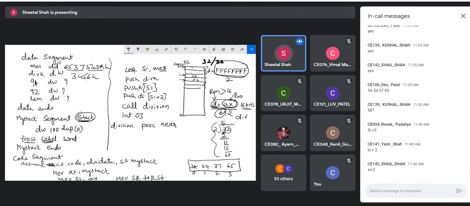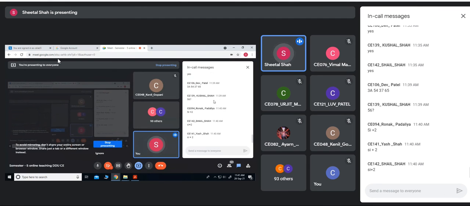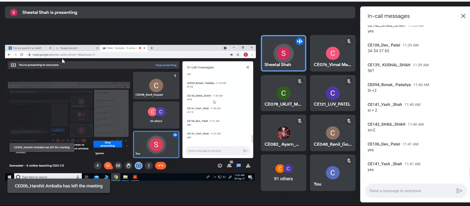The rest of the thing, because the time is up and sir is waiting, I'll write down this code. The rest of the thing we'll see in the next lecture. Hope how to declare the stack segment, how to initialize SS registers, etc., you all are clear with these things? Okay. So in the next class, we'll see the remaining part of this program, or we'll execute this program, and we'll see the example of a FAR procedure, how to write a FAR procedure, in the next lecture. Okay. So thank you.